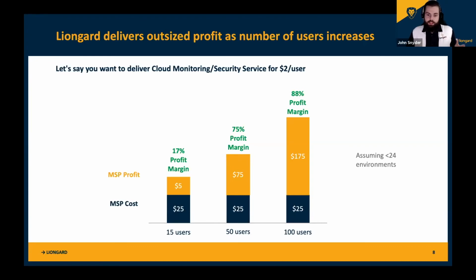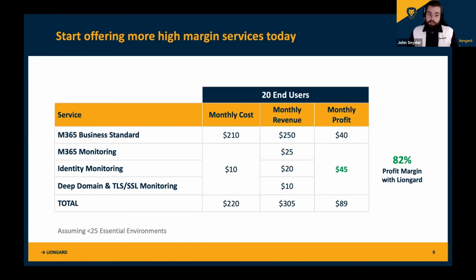You get an automation platform to help standardize your processes, secure your customers, scale your business, plus you generate revenue off of it too. And we are a monitoring solution that goes across the stack. So not just the cloud, we're covering their network, we're covering their apps and services. So let's take a look. So we also have